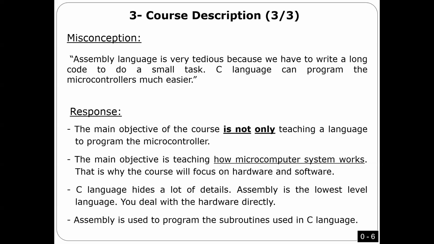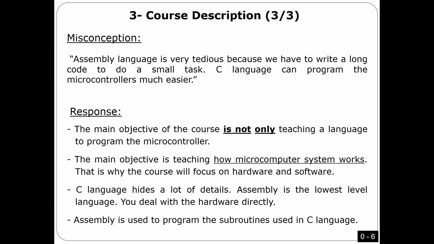But C language is high level. In order to use C, you may not need to know the details. If you want to turn the LED on, you just call a function. What should happen in order to do that? The details are hidden. That's why it's easy to program using C, because one instruction in C can break down into 20 or 30 instructions in assembly. You will see it by yourself. In C you write a small number of instructions, while in assembly you have to write a lot of code.